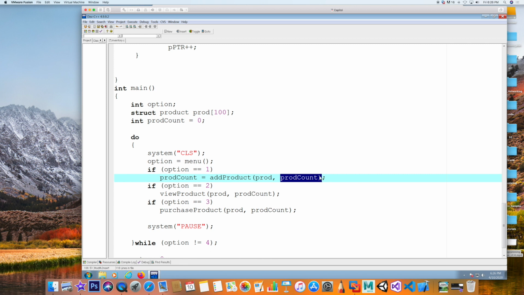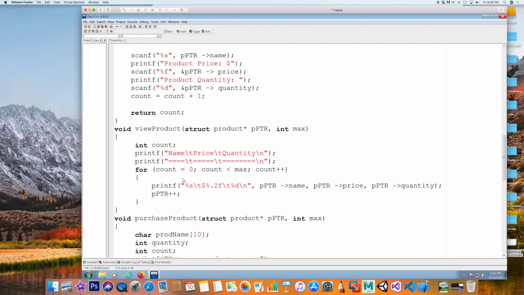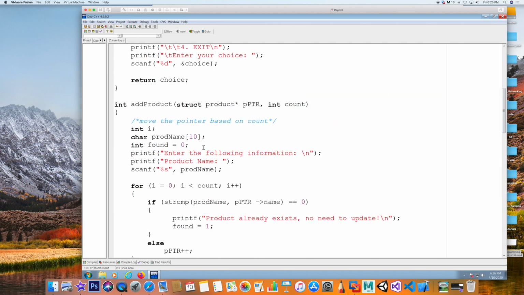Okay? All right? So when you did add product, let's say there were 5 products in the array. You've updated the prod count already for that purpose, right? Now you're sending it over and you're expecting at the end to have 6. Now, in our case, we did get 5 here,